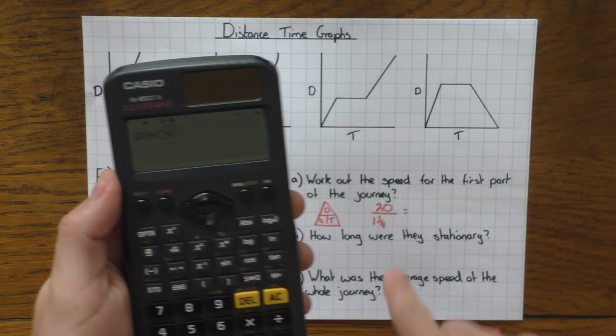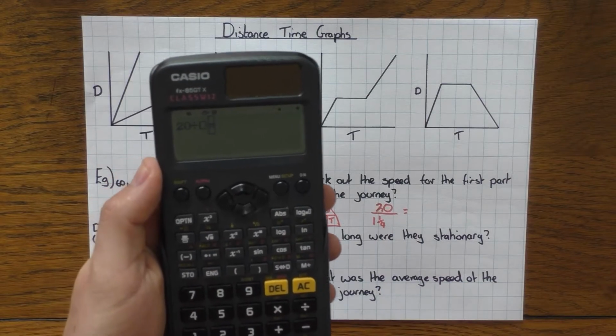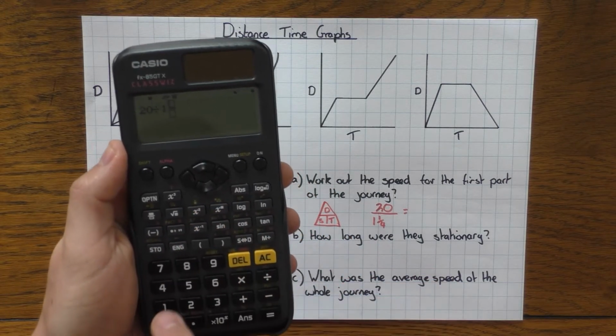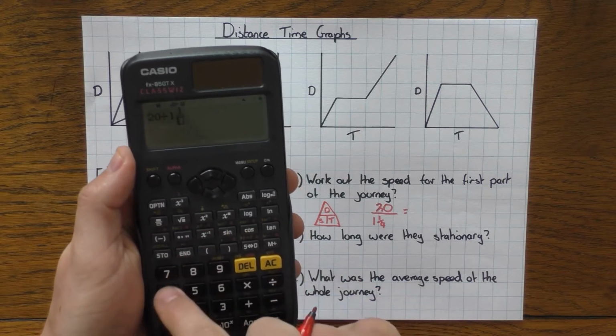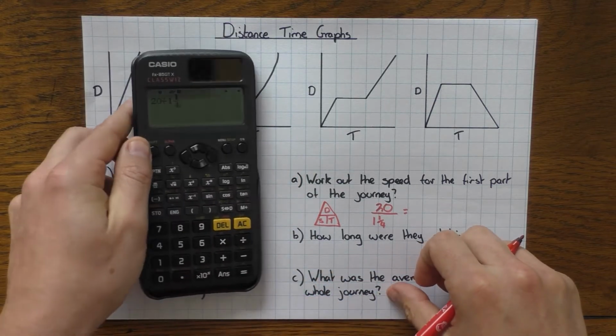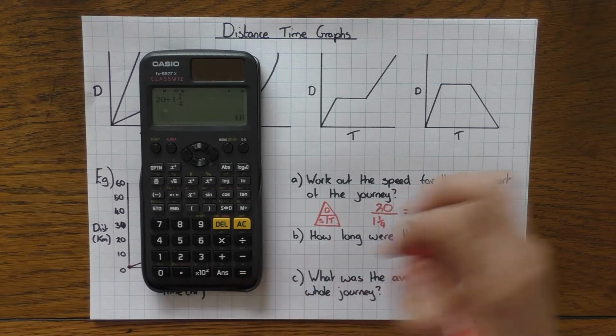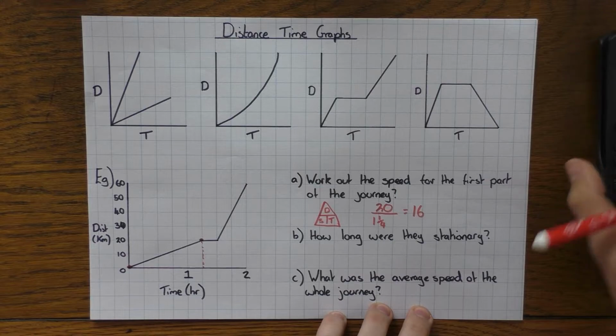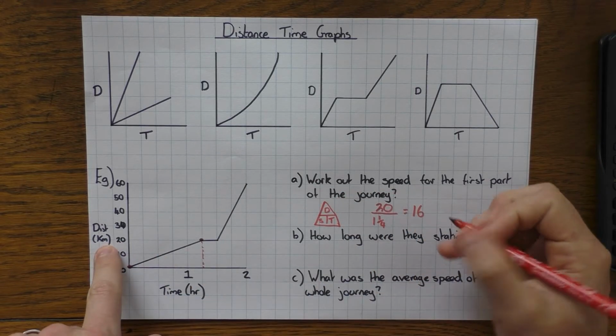Whatever you do, do not put 1 and then press the fraction button. It will not work. Okay, so let's fill this in. 20 divided by 1¼. Of course, you can use the decimal if you want. 20 divided by 1.25. You're going to get the same answer, which is 16. Don't forget the units. It says the speed. Well, it's kilometers